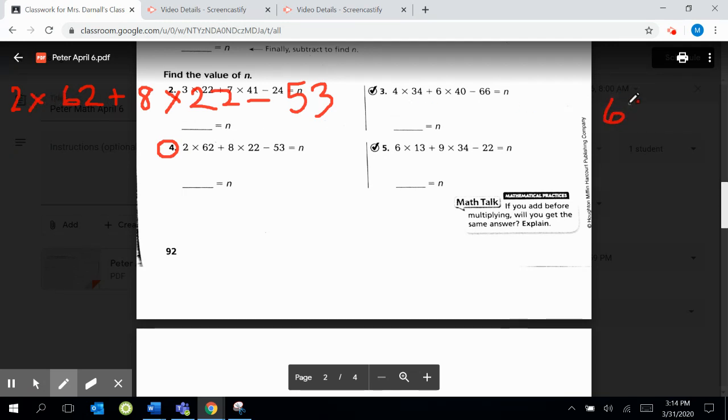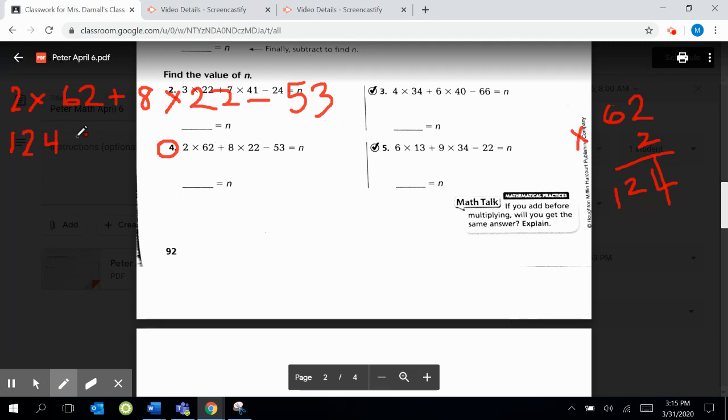I'm going to do 62 times 2. And that is 12. Carry the 1. And that's, wait, oopsies. I messed up on that one. That isn't 12. I was looking at the other one. That's 4. I'm glad I caught that one. That's 4, and then 2 times 6 is 12. Okay? So over here, we're going to write our answer,